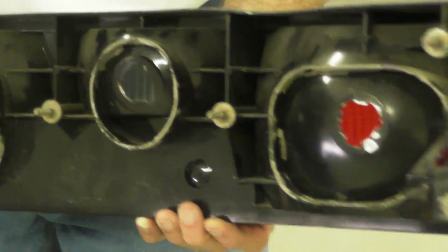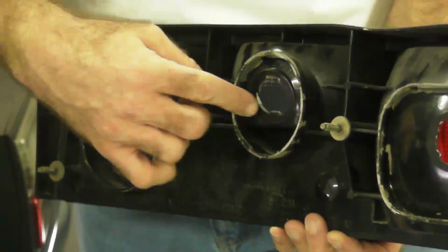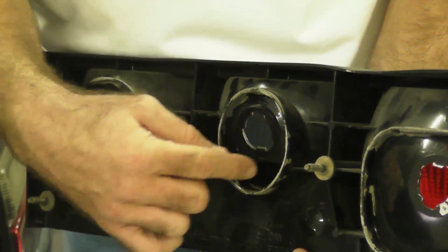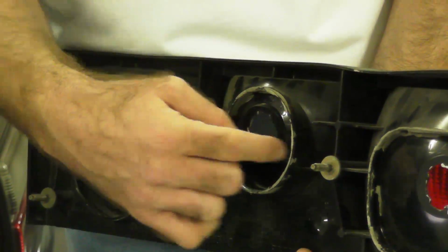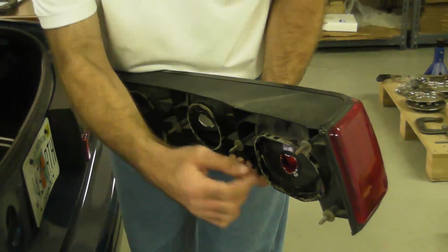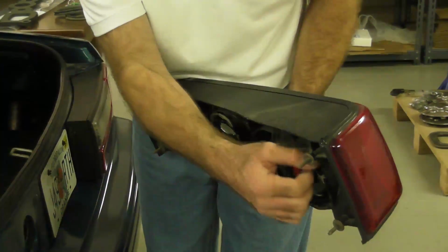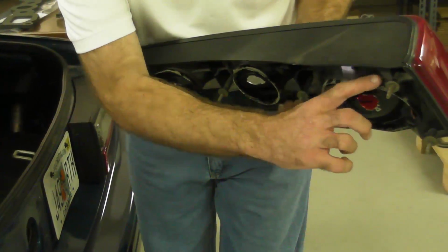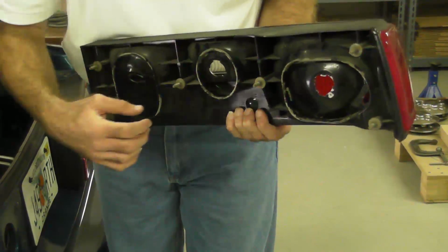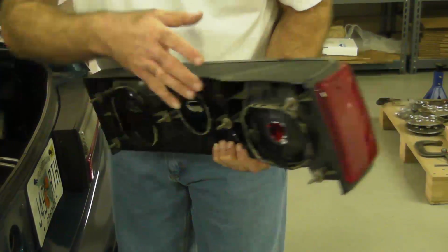Okay? You can use some WD-40. You want to be careful and make sure you don't get any of this dirt or grime inside the housing. So when you do clean it, spray some WD-40 onto a rag and then work this area, kind of have this tilted down so that everything will fall down instead of into the housing. Once this is all cleaned up,